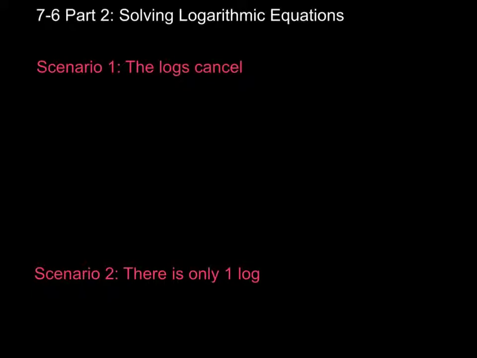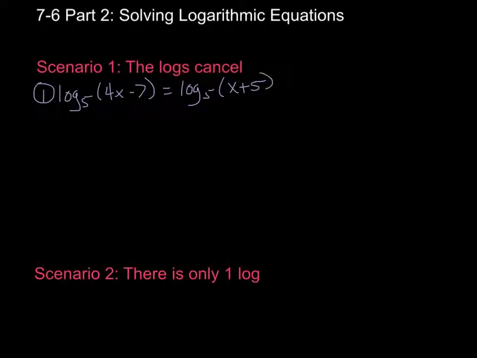So let's get started. The first scenario is that you have a couple of logs and they cancel. To show you what I mean, let's look at an example. Let's say that I have the log base 5 of 4x minus 7 equals the log base 5 of x plus 5. Now, at first glance, this looks really intimidating, but it's actually not so bad if we think about it a